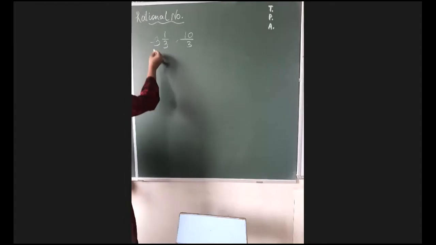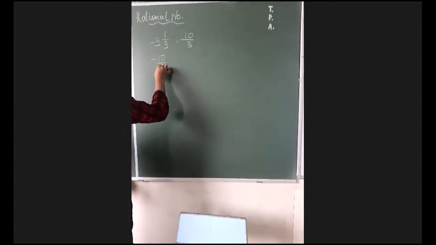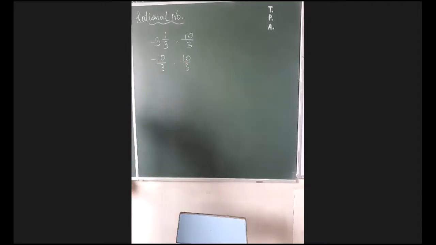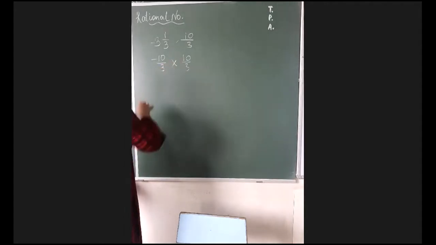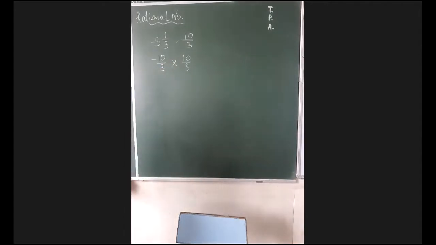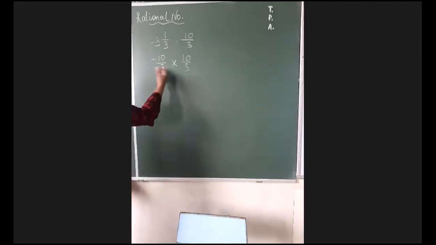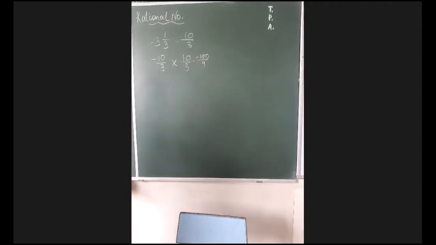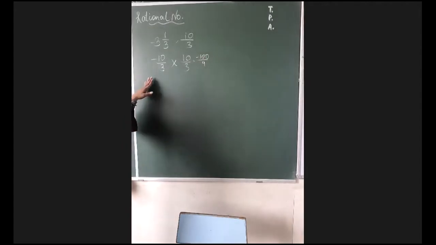If you solve this one, it will give you minus 10 by 3, and this is 10 by 3. You must be thinking that one is plus and one is minus, add them and zero comes, that is why they are reciprocal. Beta, absolutely wrong. I am not talking about additive inverse, I am talking about multiplicative inverse, and multiplicative inverse says their product should be 1. ठीक है, so where do you see 1 coming? It will give you minus 100/9, even.